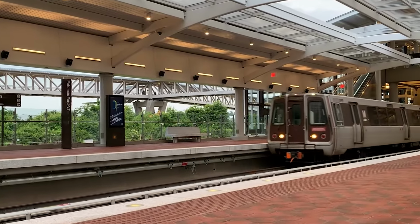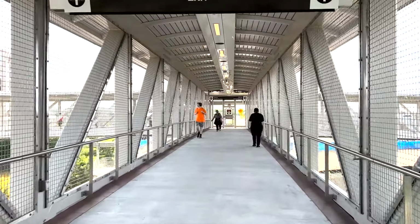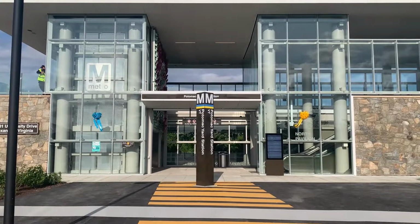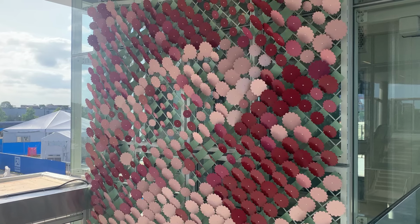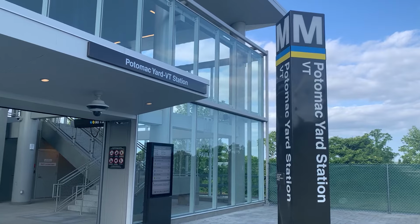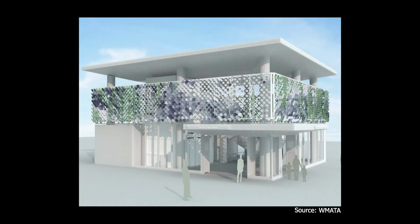The 2 west side entrances, connected via pedestrian bridges over the existing mainline railroad tracks, feature artwork by Rob Ley. At the northern entrance pod, you'll find Field Walking, meant to evoke cherry blossoms, a hallmark of the DC region. And at the southern entrance pod, you'll soon find a piece called A Subtle Trip, to be installed in the coming months and will similarly evoke